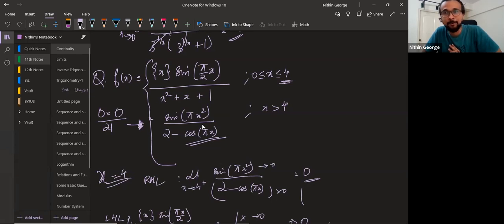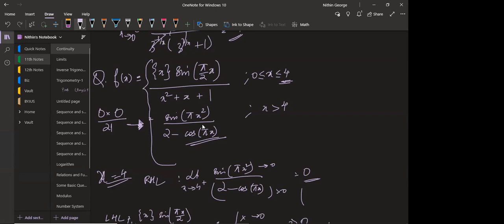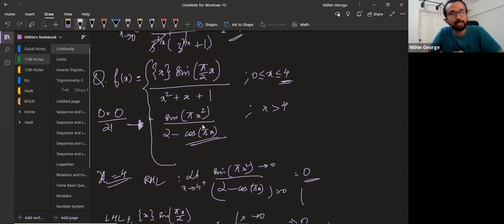Now, look at the first part of the function. Again, is it continuous by continuous form? The denominator is continuous for sure. It's x squared plus x plus 1, which is a quadratic, and you know any polynomial is continuous. Now there's a sine pi x by 2, which is also continuous. The fractional part of x is not continuous.